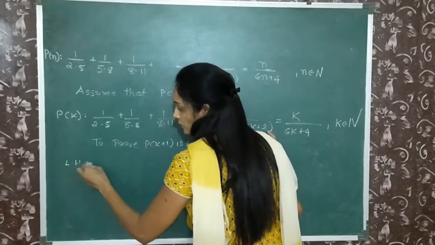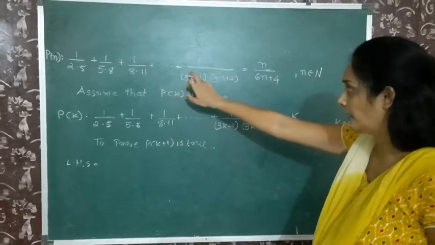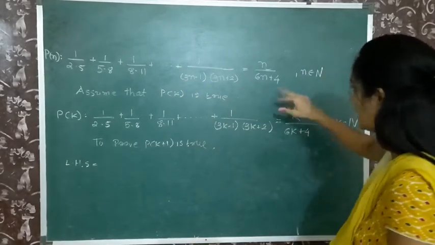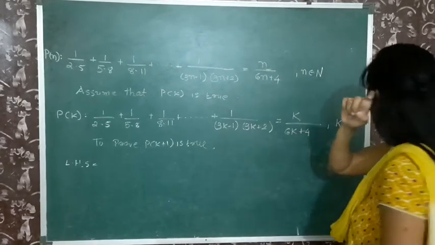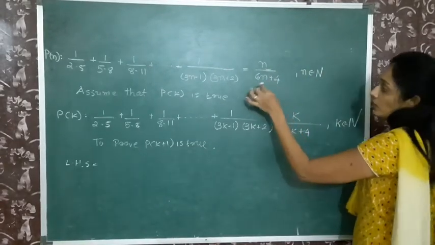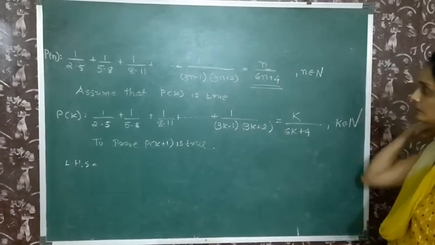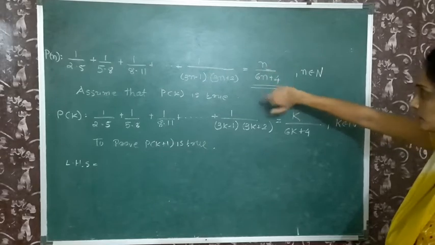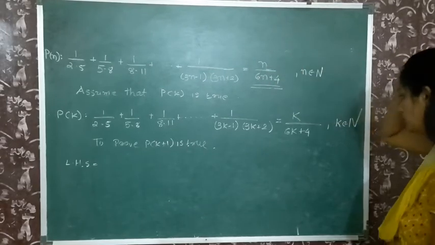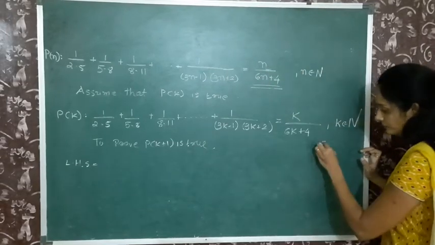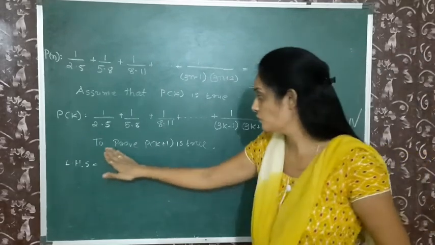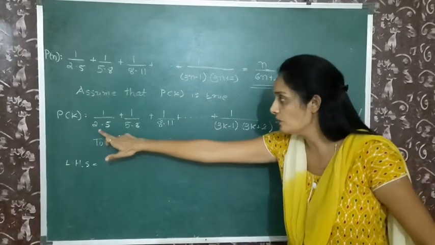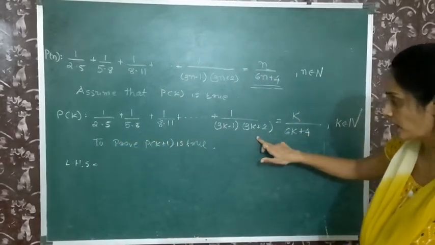To prove P of k plus 1 is true, we take left hand side and right hand side. First we decide what we want in right hand side. Instead of n we want k plus 1. So to prove P of k plus 1 is true, as you know, first the left hand side of P of k